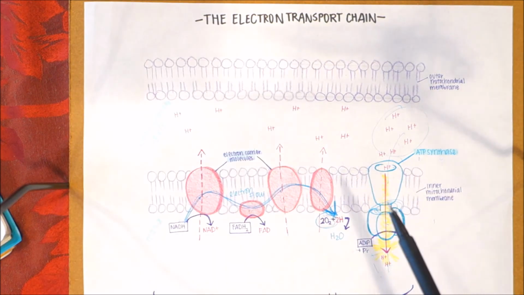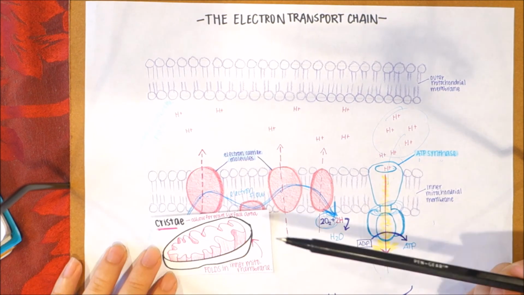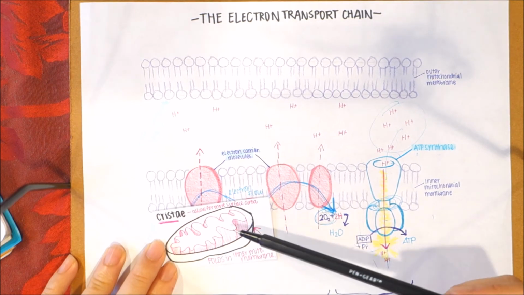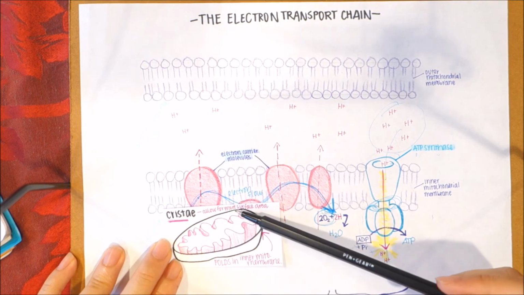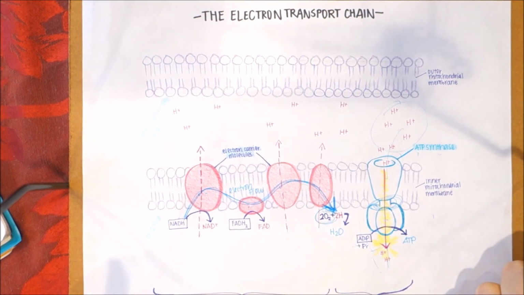Another one of the terms on the list was cristae. Cristae is basically just the folds in the inner mitochondrial membrane, and the folds just allow for more surface area. Another one of the terms on the list was pyruvate, acetyl-CoA, and